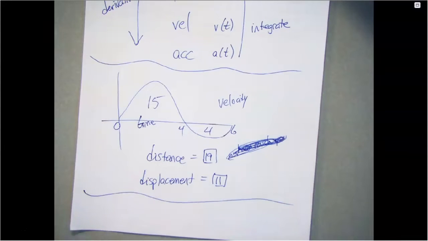So I drive 10 miles to Ann Arbor, I drive 10 miles back. What's my displacement? 0. What's my distance? 20. Does that make sense what the difference is between those two? Okay. Yeah. So,